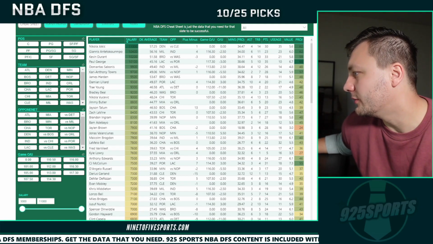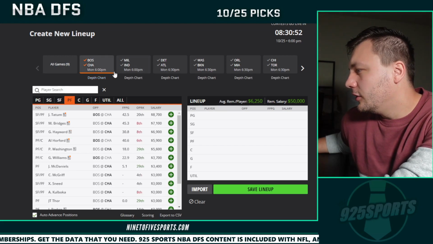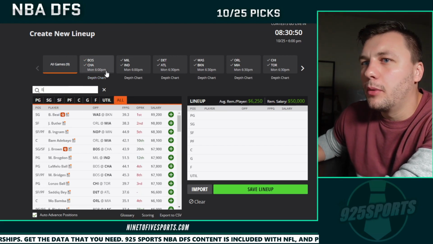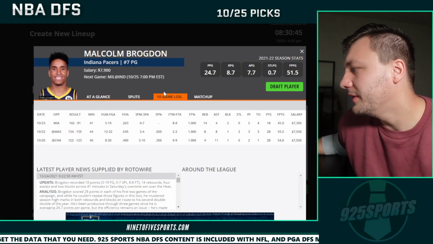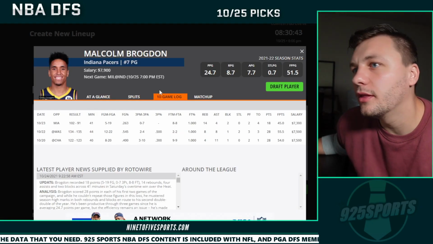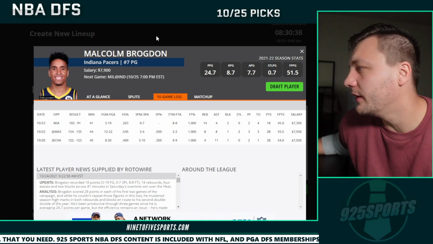But let's start with the cover boy. I'm going to start with Malcolm Brogdon. So Malcolm Brogdon is going to be going against his former team, the Milwaukee Bucks. I don't really care about that narrative right now because he's a couple of seasons removed. But what we can see from him, he's been getting a ton of minutes. We love to see that. And he's been averaging well over 40 DK points per game, which is really all he needs to do to